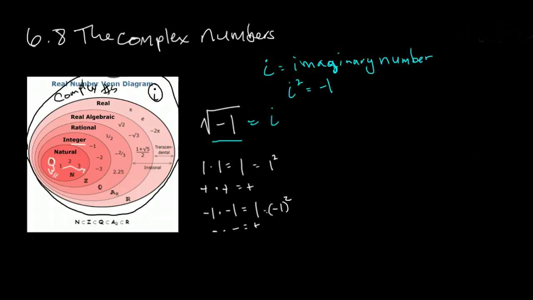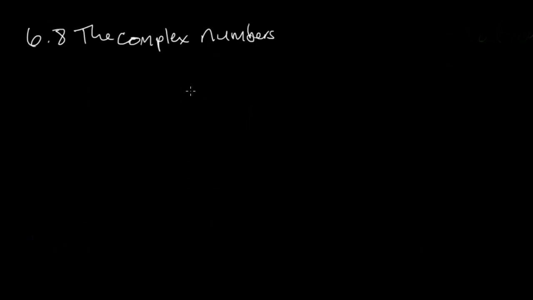And we'll see what that means in a second. A complex number takes the form of a real number part plus an imaginary number part. So we can have a complex number that looks like 3 plus